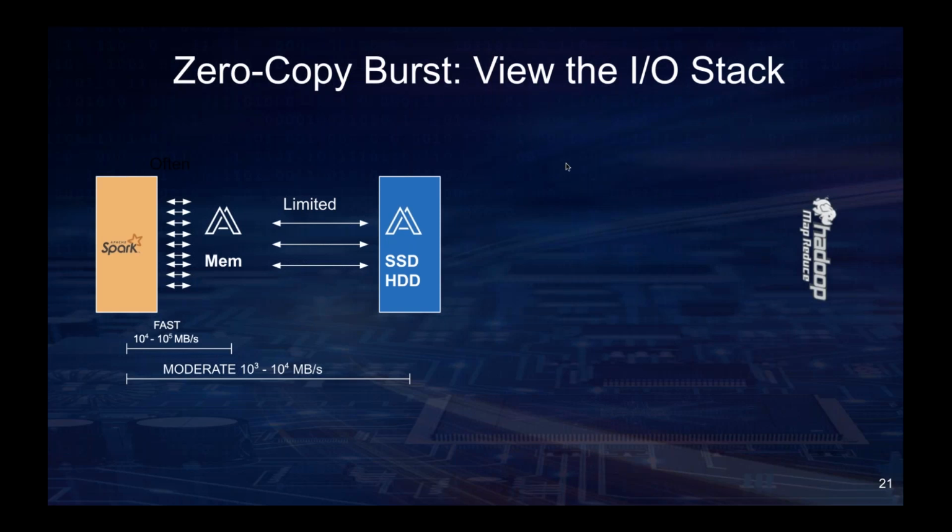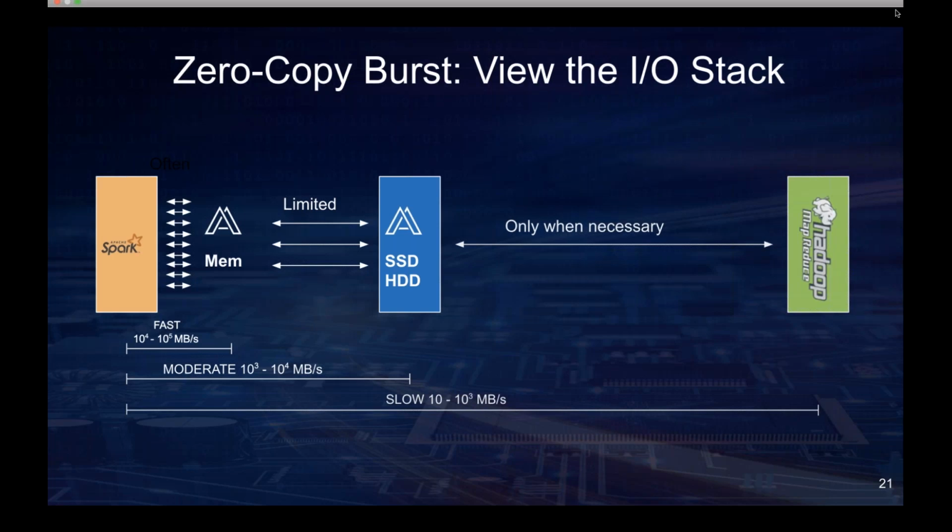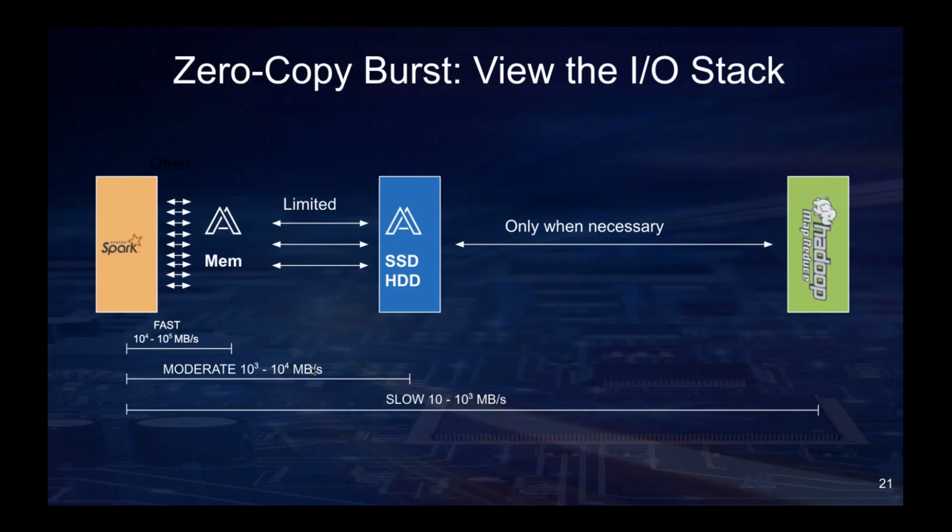In contrast, if you have data stored in a different region of the world, for example in a different region's Hadoop cluster, the transfer can be slow, but this is only required when necessary. So we only transfer data across the wire when it's necessary. And at that time, the bandwidth is much lower. Typically we see 10 megabytes to 1 gigabyte per second. That's the typical rate we see if you transfer data around in the cloud.